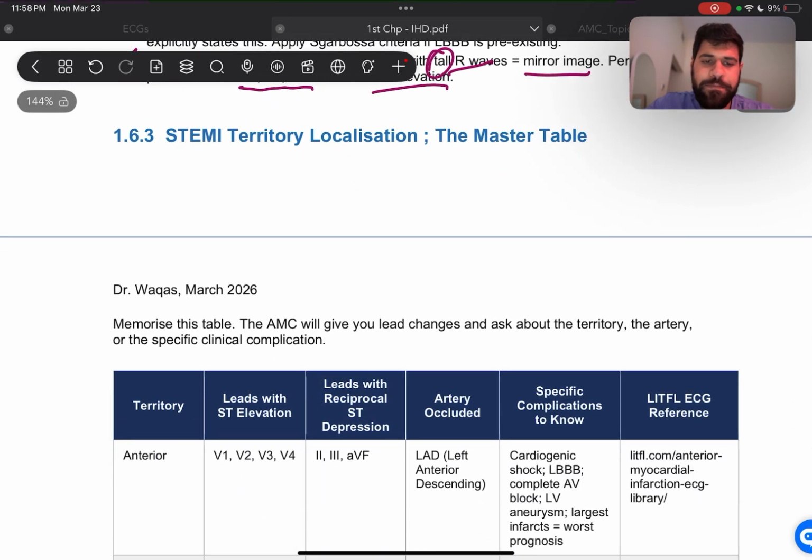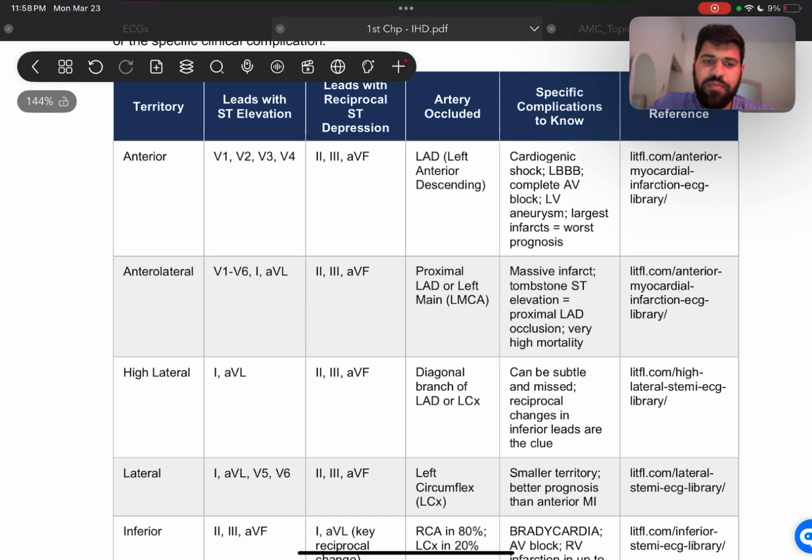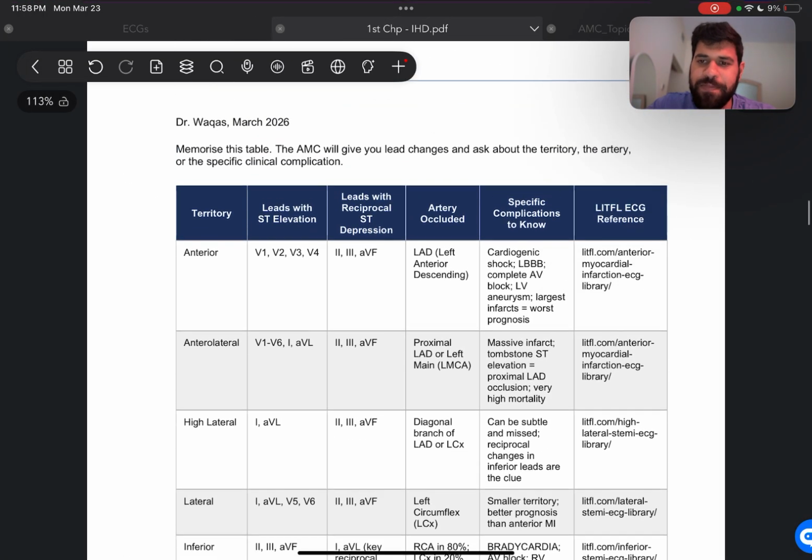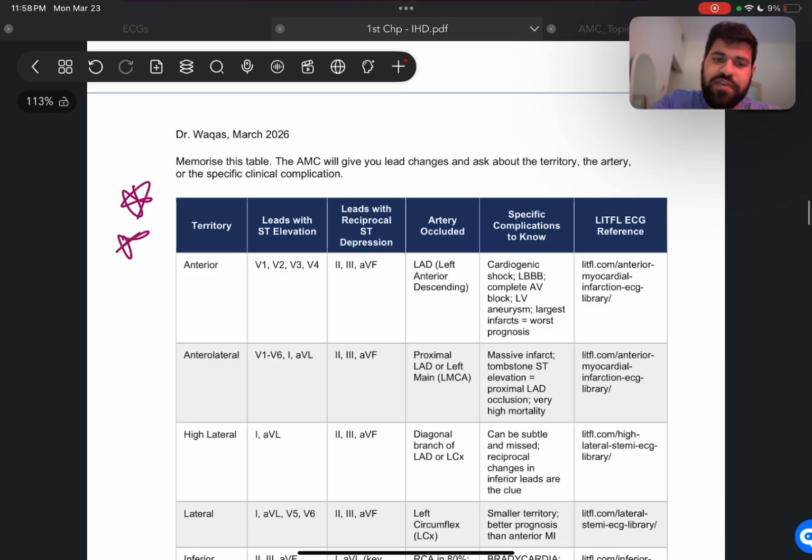All right, good. So now we'll go over this table. This is very important because if you can learn this, and I'll show you an easier way of learning it, then you'll be able to solve any single ECG that they send your way. As I was saying, they could give you an ECG and ask you for the pathophysiology, or they can give you the whole stem and then give you 3 or 4 or 5 ECGs and tell you to pick the one that could be this person's ECG.